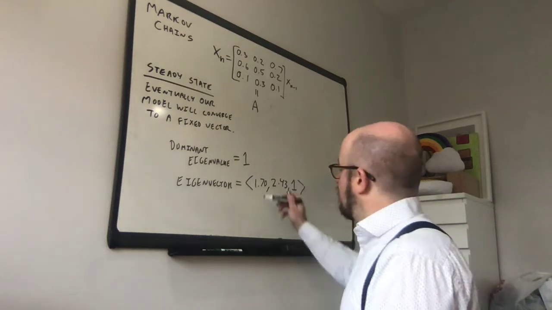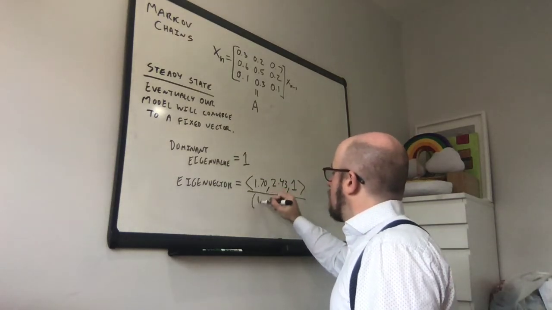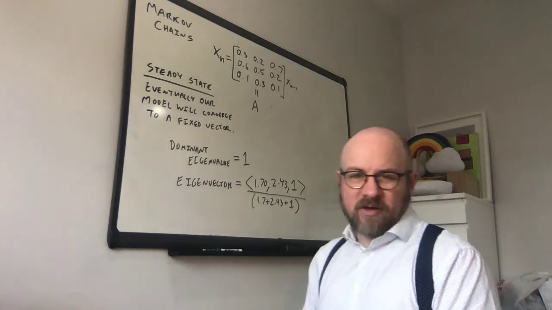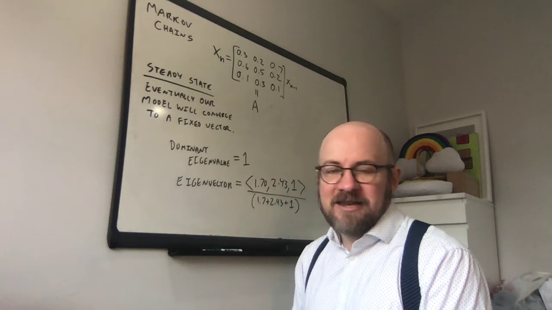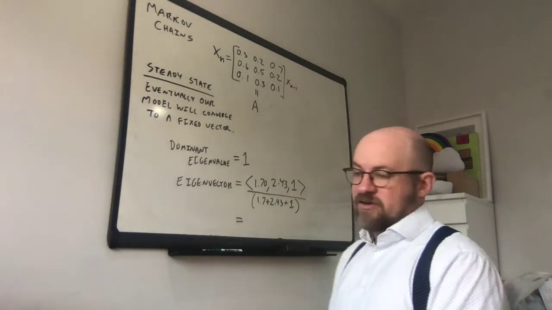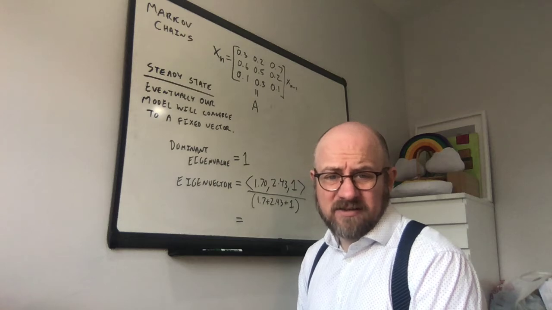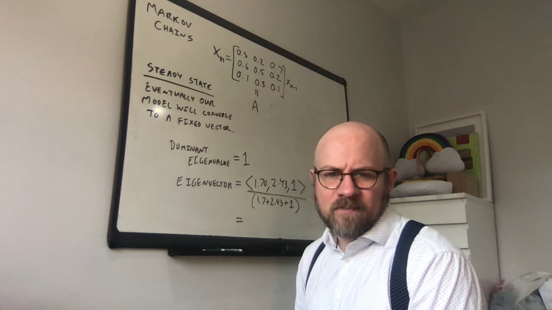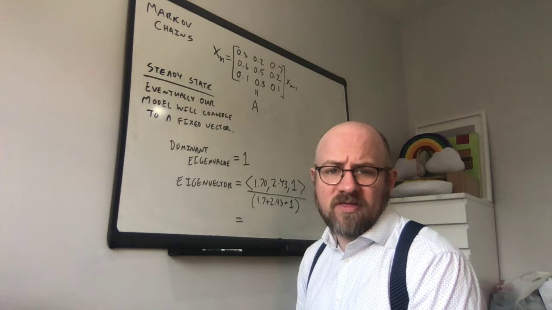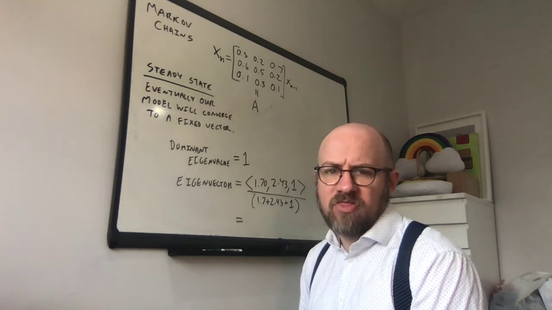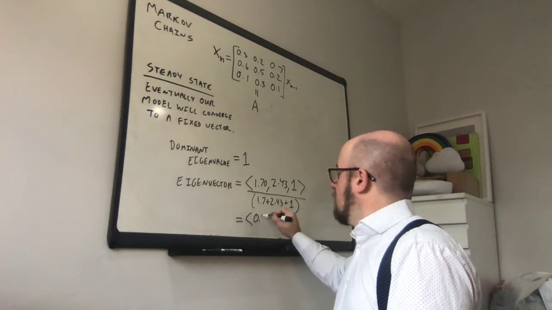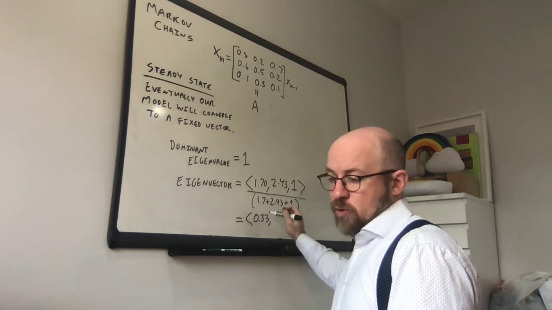So we're going to add all of these up: 1.7 plus 2.43 plus 1 gives us 5.13. If you divide out by that, you're going to get an eigenvector 0.33, 0.47,